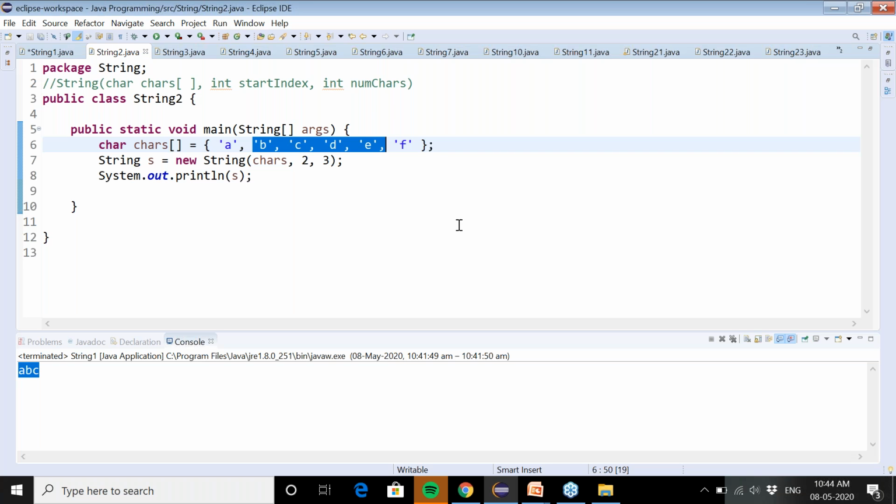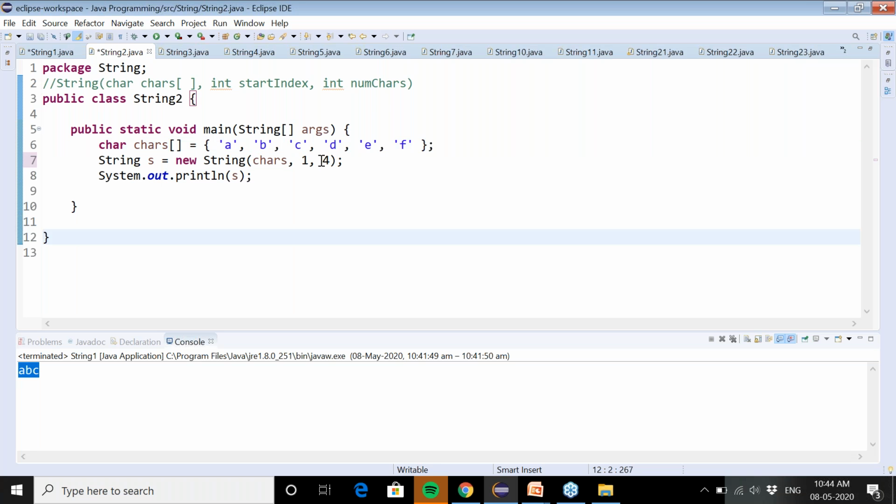So this will build a string from this character type array using 4 characters starting from location number 1. So if you print s, you will get a 4 character string BCDE. I hope you get it. So this is the second constructor that is supported by the string class.